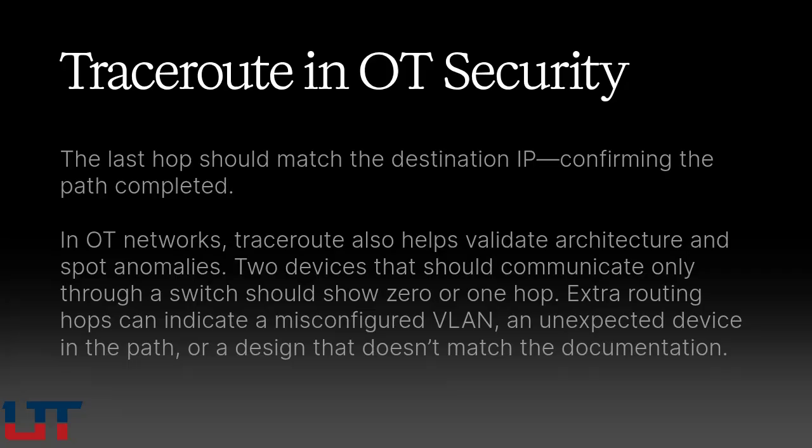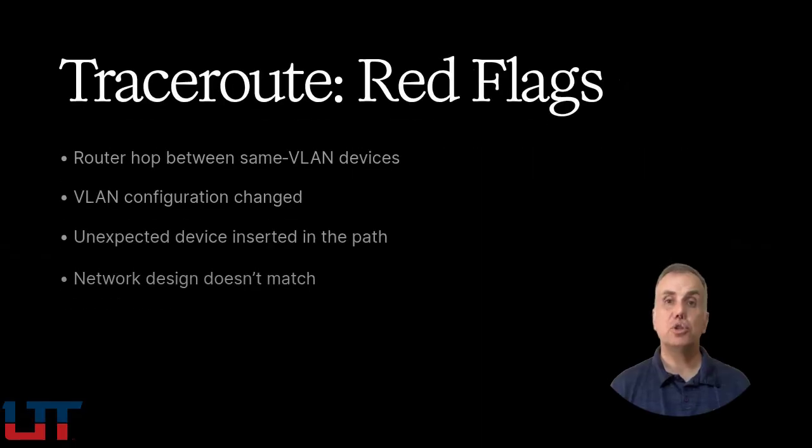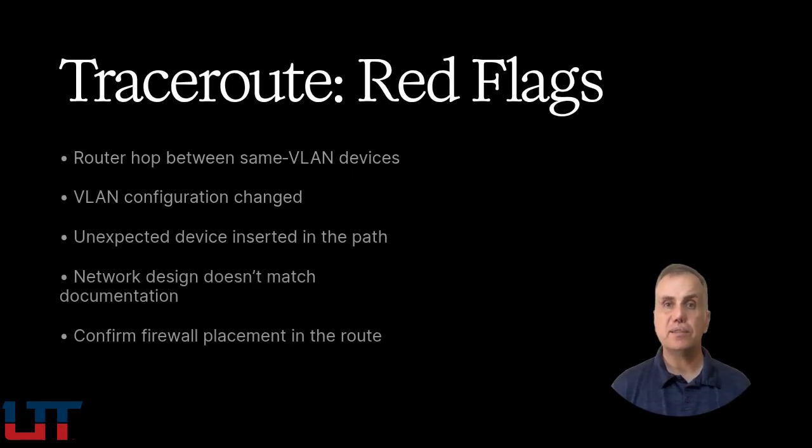The last hop should be the destination IP you specified, confirming that the path completed successfully. In OT environments, Traceroute has specific security applications beyond general diagnostic use. Identifying unexpected devices in the network path, for example. 2 devices that should communicate directly through a switch with no routing in between should show 1 or 0 hops between them. If Traceroute shows a router between 2 devices that should be on the same VLAN, something is wrong. Either the VLAN configuration has changed, a device has been inserted in the path, or the network architecture isn't what